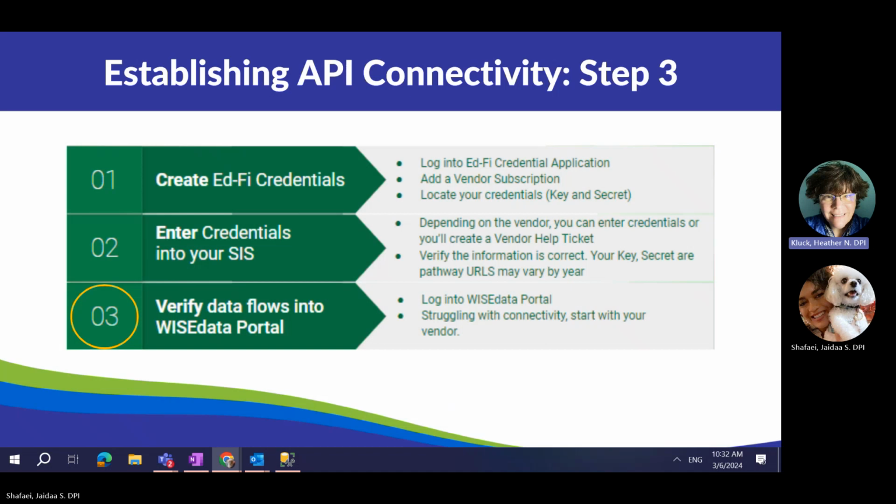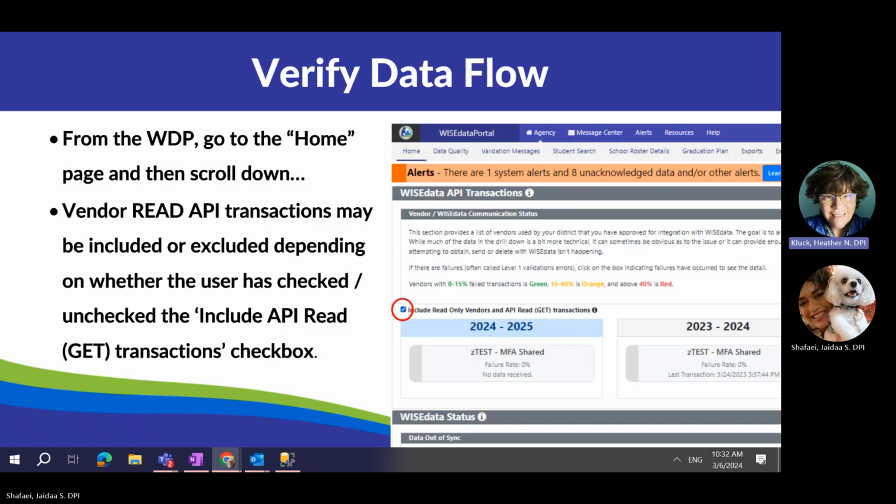So great, you've got your key and secret and your URLs entered appropriately into your SIS. And now it's time to affirm that your data is going from where you're sitting to Wise Data. And you can do that by looking in the Wise Data system. Now I have some screenshots up here of the new and improved Wise homepage. And from the Wise homepage, if you scroll down, you can click this checkbox that says read only vendors and